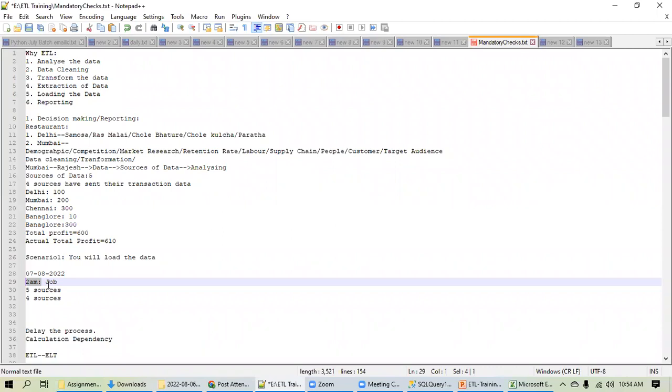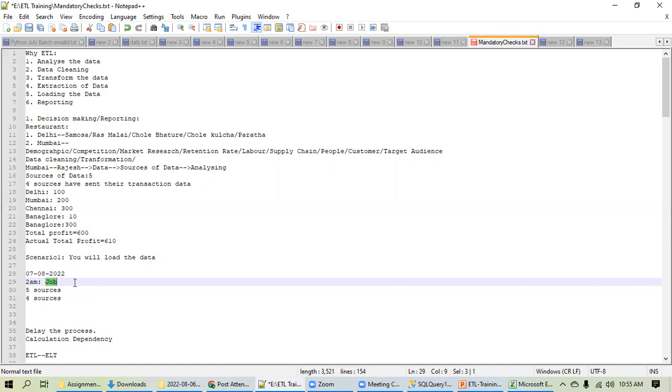Okay. At 2 a.m. I have scheduled my job. And what is a job? Is that clear, guys? Anyone who doesn't know? Because I know we have students from a non-technical background as well. A job is nothing but a file which will have a lot of code, either in Python or Unix, and SQL will also be there, obviously. In that you are writing code about how to load data from one database to another database, what checks there will be, what transformations there will be, and all this. You can imagine that it is the main engine of any ETL project.